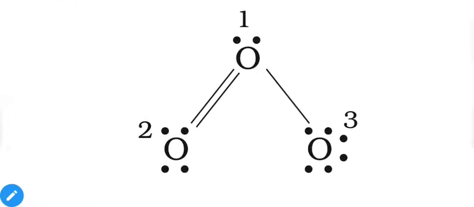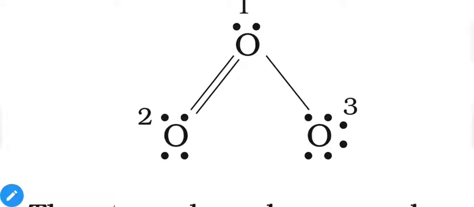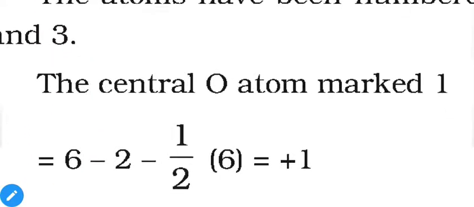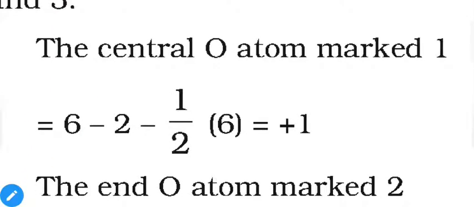Here, first you have to calculate the total number of bonds. For the first oxygen we have 3 bonds. With one oxygen we have a double bond, with the second oxygen we have a single bond. So a total of 6 electrons will be used. One bond means 2 electrons, so 3 bonds represent 6 electrons. So place 6. That means you will get a plus 1 charge for the first oxygen.